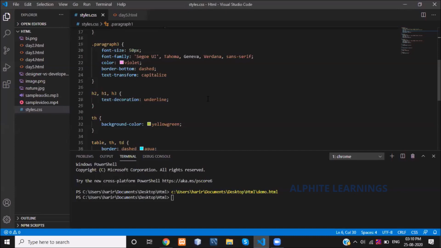I'm going to use all the styling properties and all the HTML tags and replicate them in my website. My website is all about the things we have learned in the past 5 days of sessions.